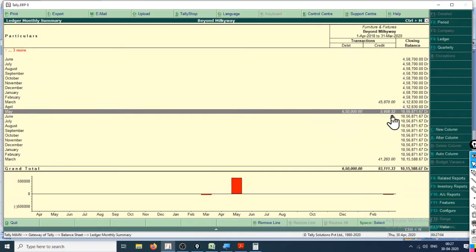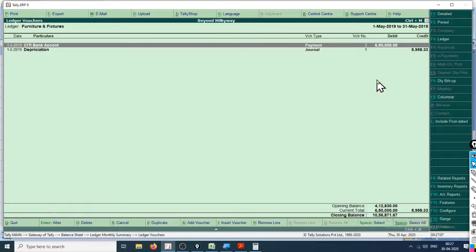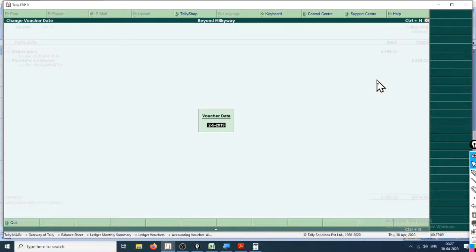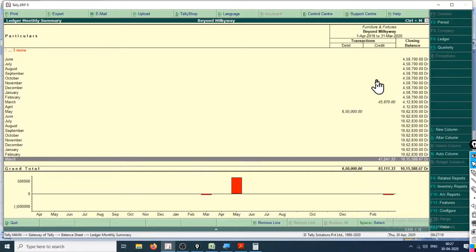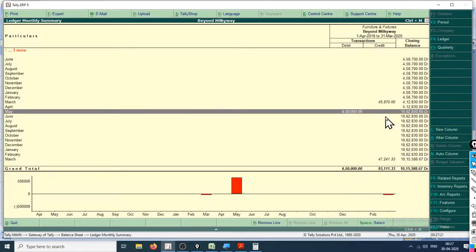Well, the date of this should be changed. That should be F2, 31/3/20. Control A. Yeah, you can see right here 6,50,000 additions. This is addition, this is subtraction, this is addition, this is subtraction. The closing value is 10,15,588.